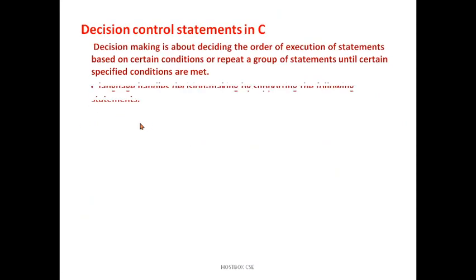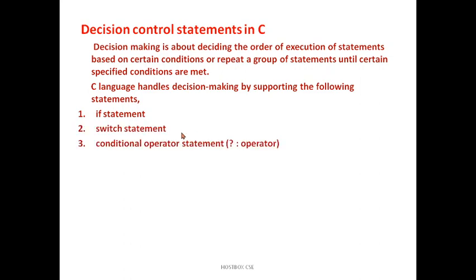In the previous session I explained the control statements. The topics gave an introduction to the if statement and switch statement, then the conditional operator, and at last the goto statement. The first one we discussed was the types of if statement, the decision control statements: simple if, then nested if, else if ladder, if else, nested if and so on. With the examples, today we are going to focus only on the switch statement.